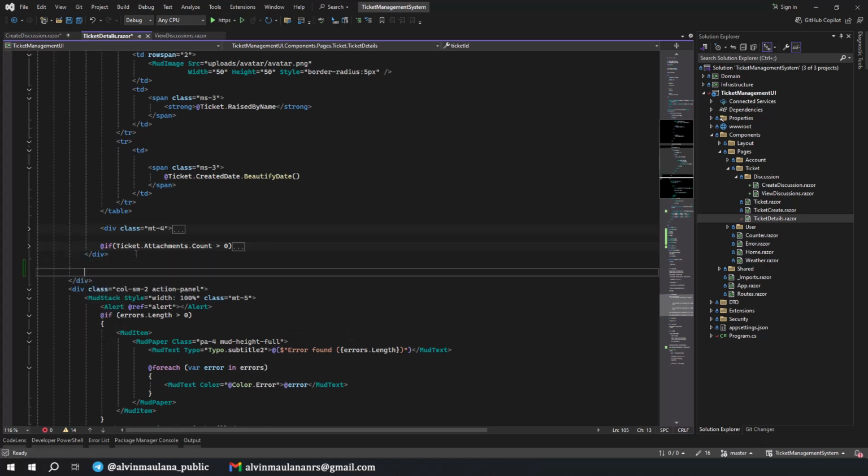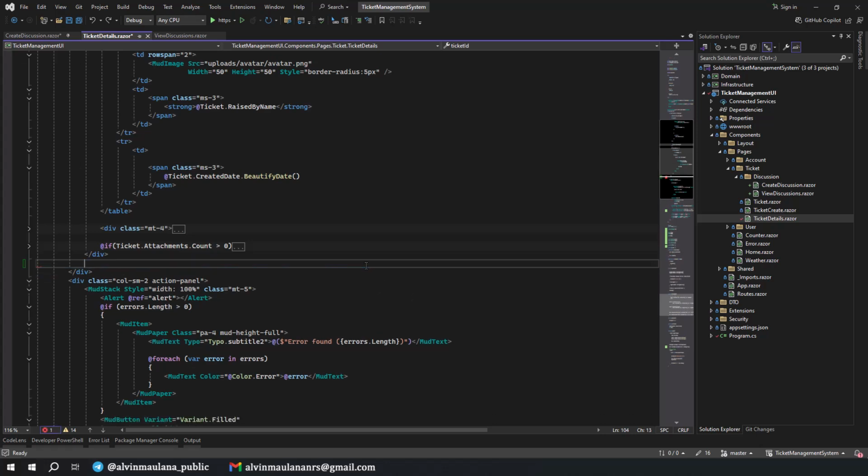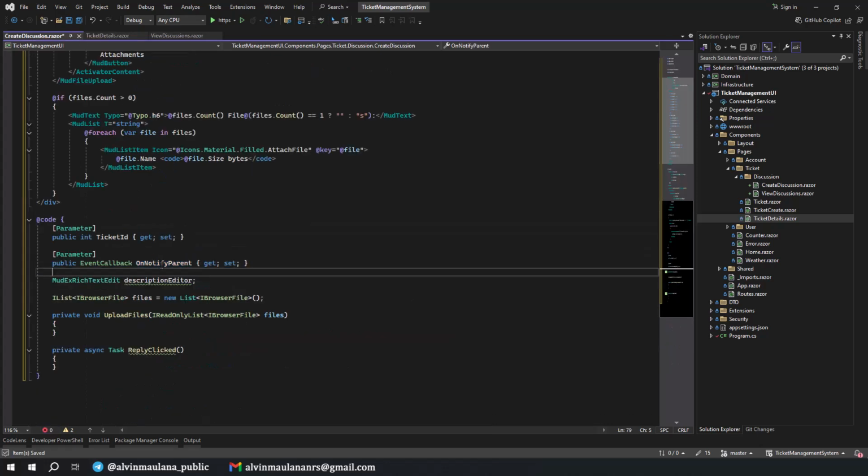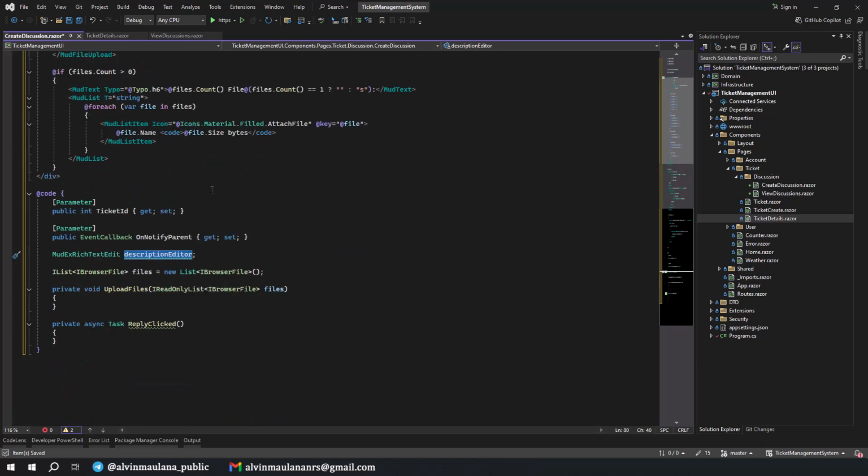We will call the create discussion and what again? View discussion. Okay, but I will talk about this later. For now, I want to tell you that on notify parent is to notify the ticket details that we created a new discussion. Okay, this is the reference for the matrix text editor.